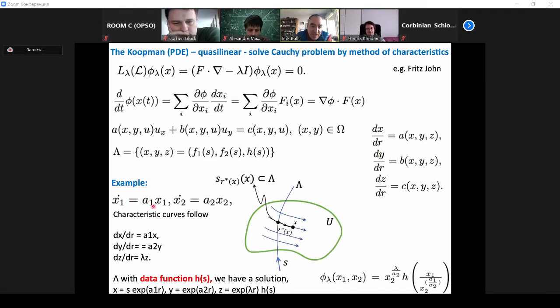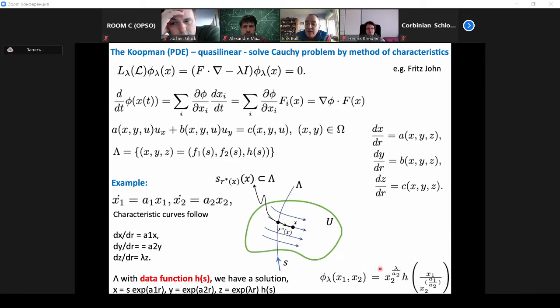Anyway, for example, in this example, x dot equals ax and x2 dot equals a2 x2. This ends up being the characteristic curves. The point is you get the ODE back plus something that describes the growth or decay in linear terms. So you get this linear term here, and I can solve it in closed form. In this example, you end up getting this expression, which I can't see. So from memory, phi lambda